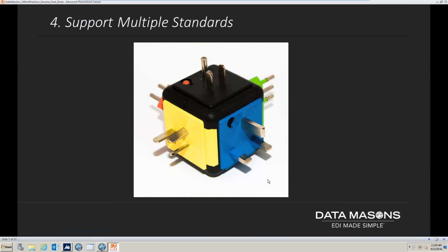So, support multiple standards. I always kind of joke that they named EDI wrong. They should have called it EDID: everyone does it differently. I say that because the notion of EDI, electronic data interchange, really can mean a lot of different things to different people. As you explore a partnership and what's right for your business, you oftentimes need to make sure that that solution can